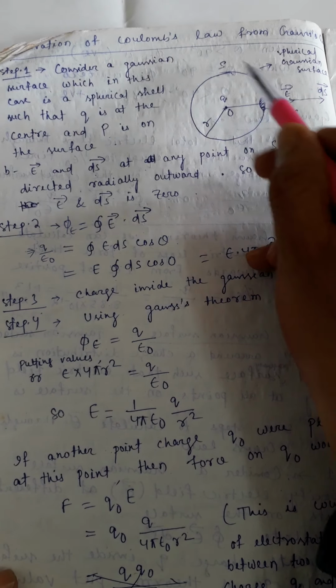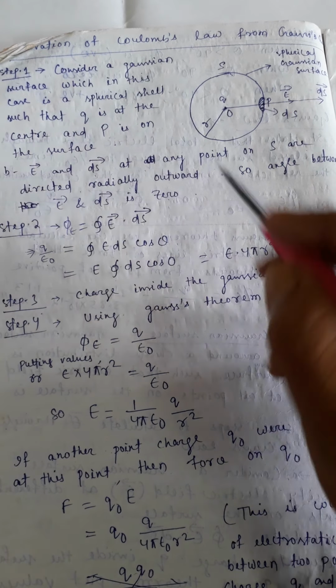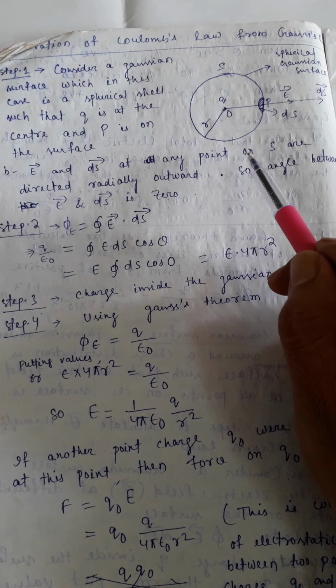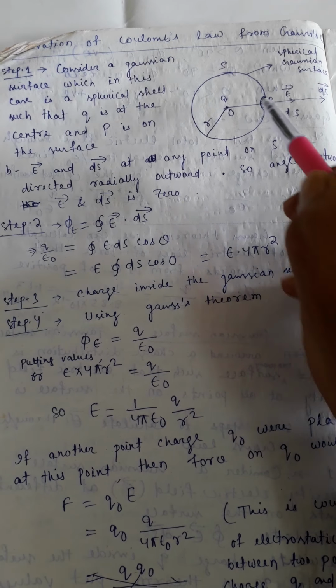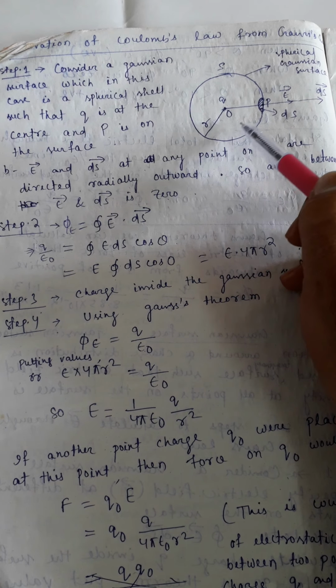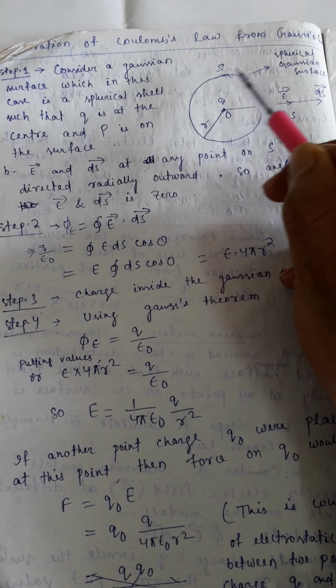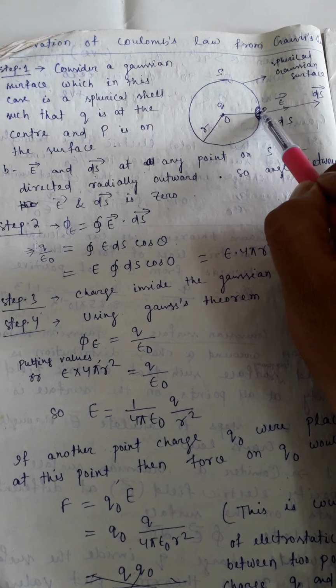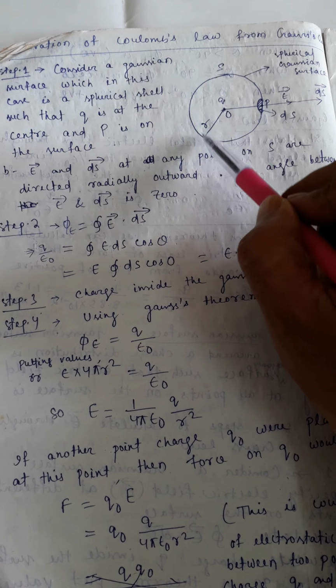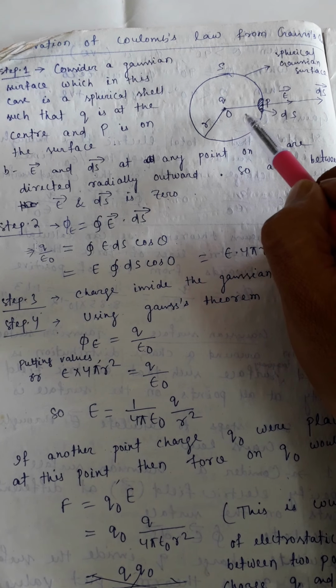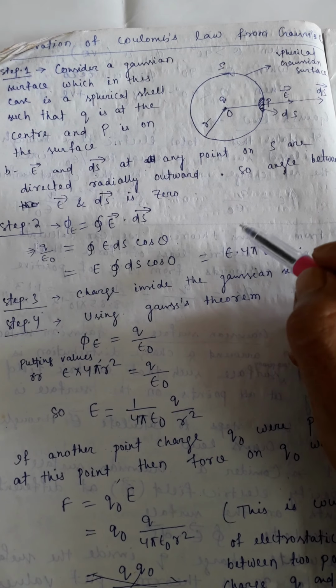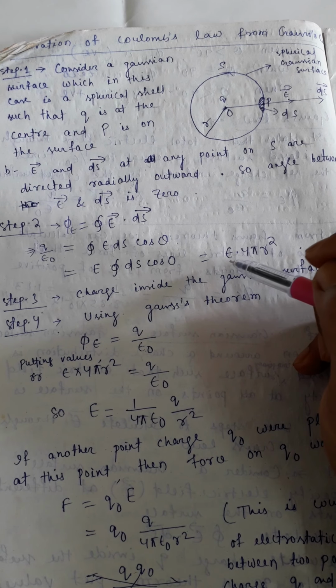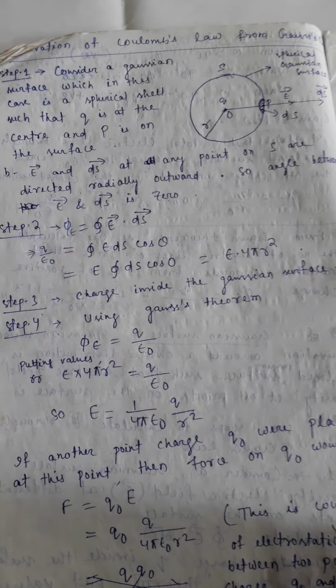The imaginary Gaussian surface must also be symmetric, so that everywhere on a closed surface the angle between E vector and ds vector must be the same. That means theta is the same. Theta should be the same for a single closed surface. If theta is different, then we can divide that surface into different parts.